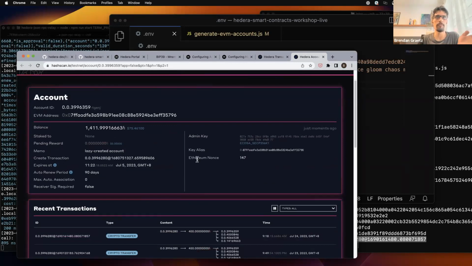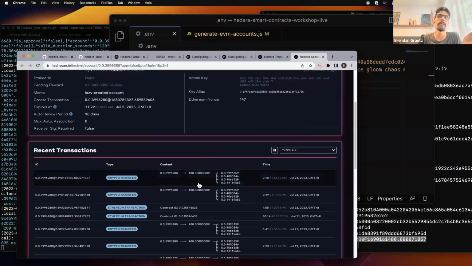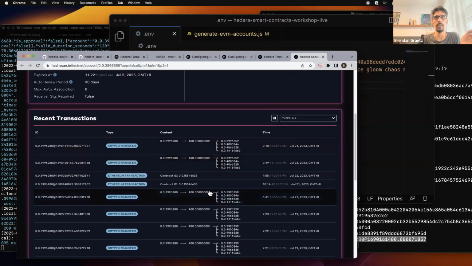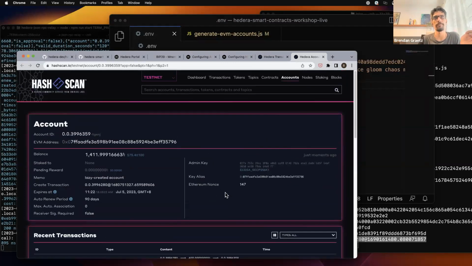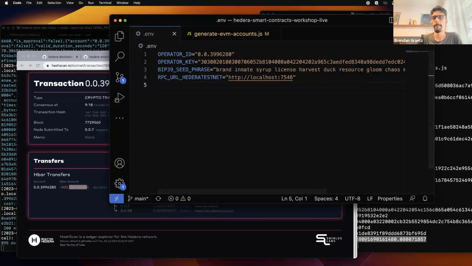But if you're doing it for the first time with your own seed phrase, then what's going to happen is that you'll only see one transaction in which the account was created at this point in time, right? And of course, you'll only see a balance of 100, not this fairly large amount, because I've done this step multiple times by now. All right, so I think that's the very quick recap of the